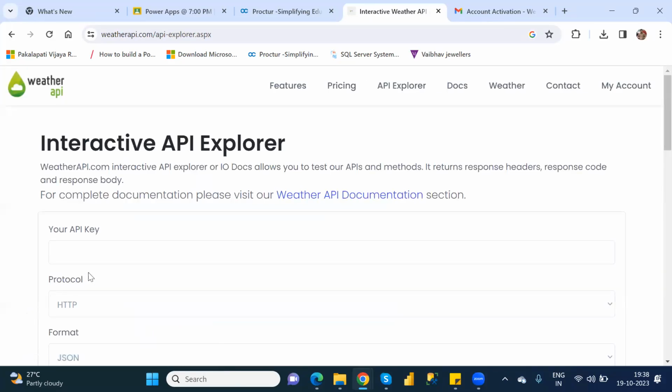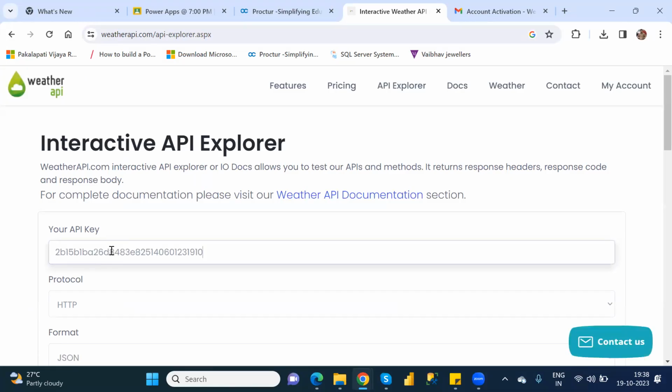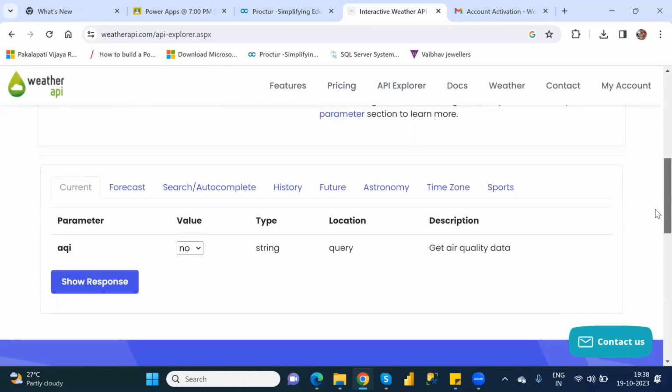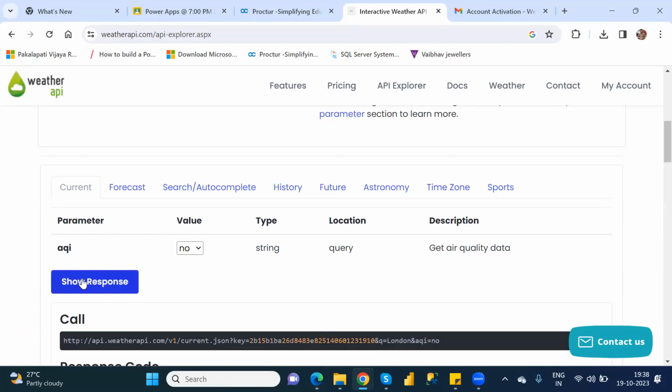Okay, click on that one and give that key here. Click on this one, whatever key you copied, and click on show response. Click on it and give that API key, whichever you copied there. You have to copy that one, and the API Explorer